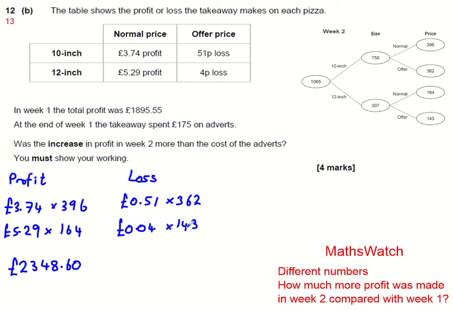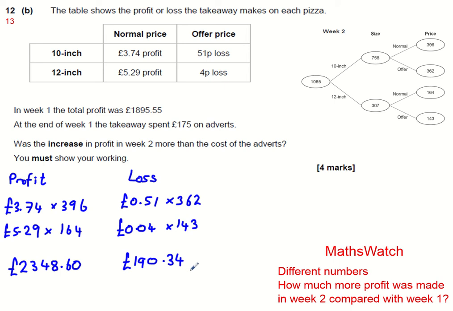Once again, I'm not going to show you the individual answers, but you'd work both of those out and add them together to find out that we're going to be losing a total of £190 and 34 pence on those pizzas. So overall, we're making £2,348.60, but then we're losing